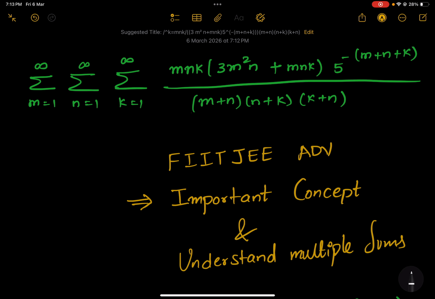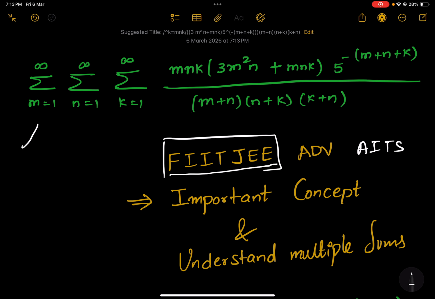And in this video, we are going to solve a question that appeared on the JEE Advanced question paper of FIITJEE All India Test Series. So in this video, we are going to solve this particular question. It is basically a triple summation, and all you have to do is to calculate the value of this